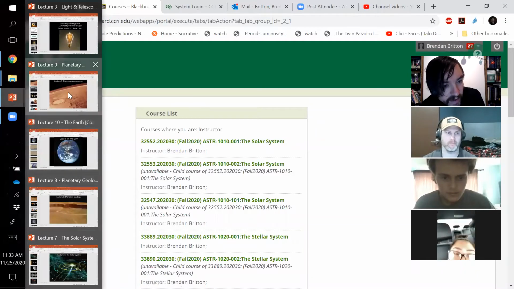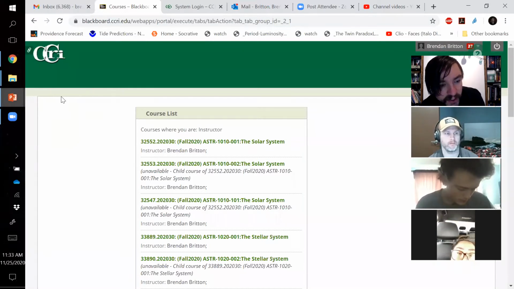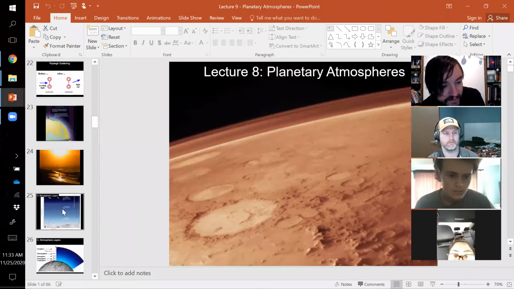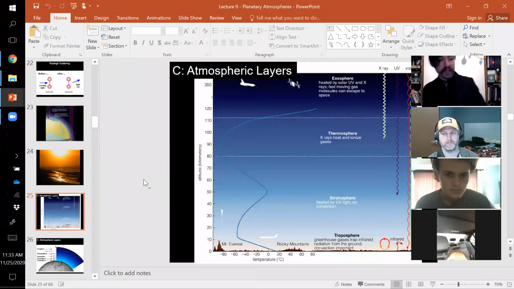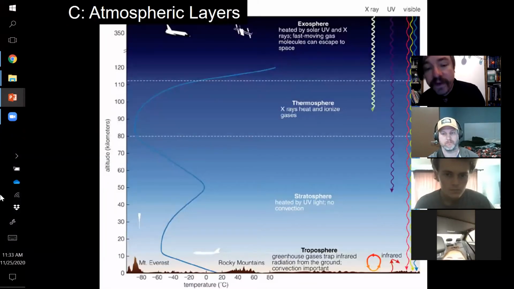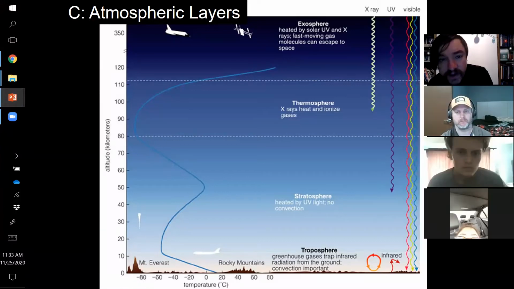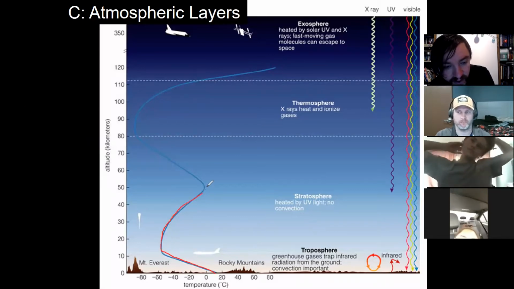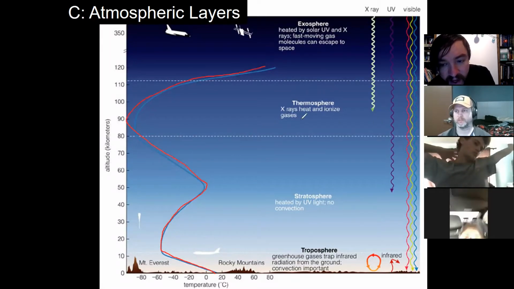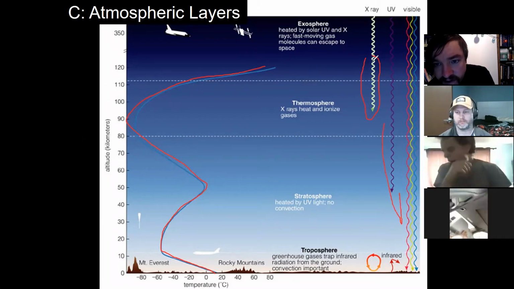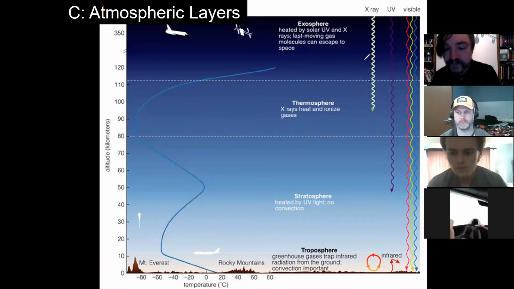We also learned that these layers are heated by different parts of the solar radiation, although in the case of the troposphere, it's even a little more nuanced than that. You'll remember this is a picture from the book that nobody reads. You can at least download my slideshow and take a peek at it. Slide 25 is a great graphic because it shows you the temperature scale height, the change in temperature in degrees Celsius as we travel through our atmosphere. And it shows you the different wavelengths of radiation that are heating up each of these layers.